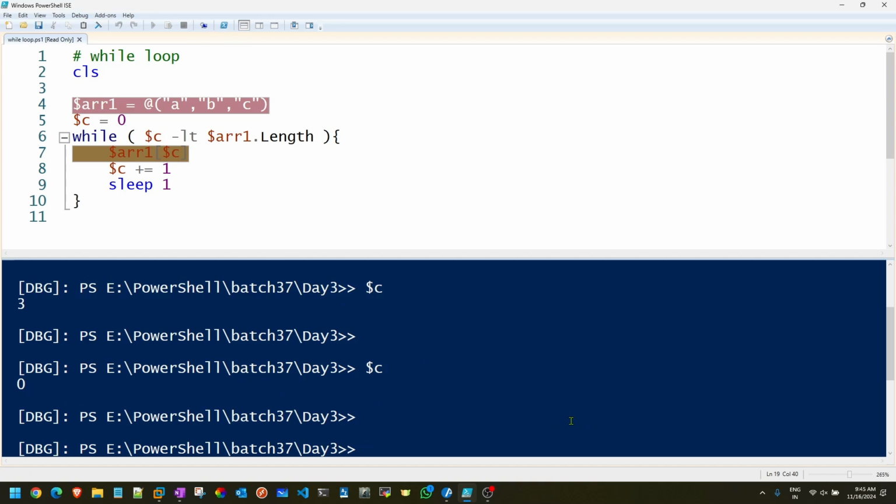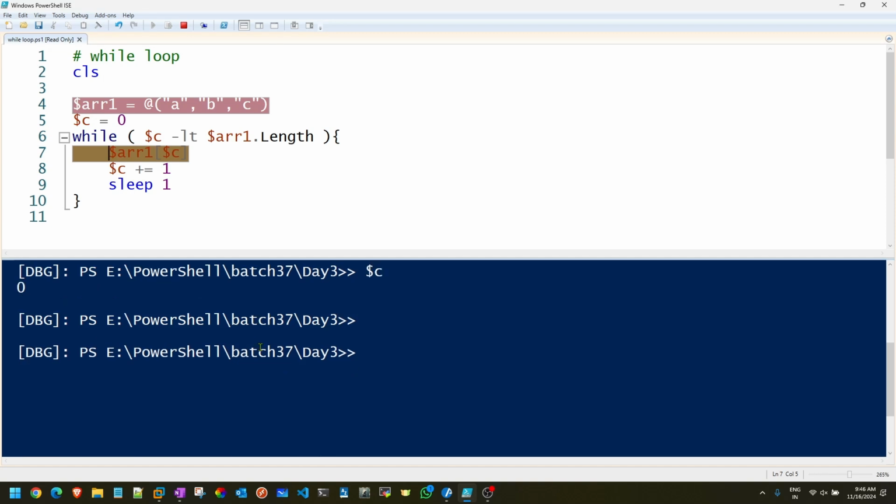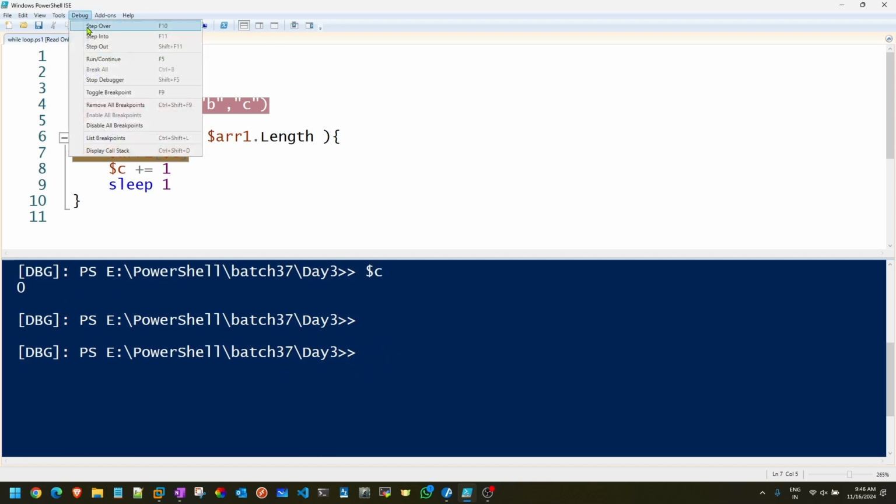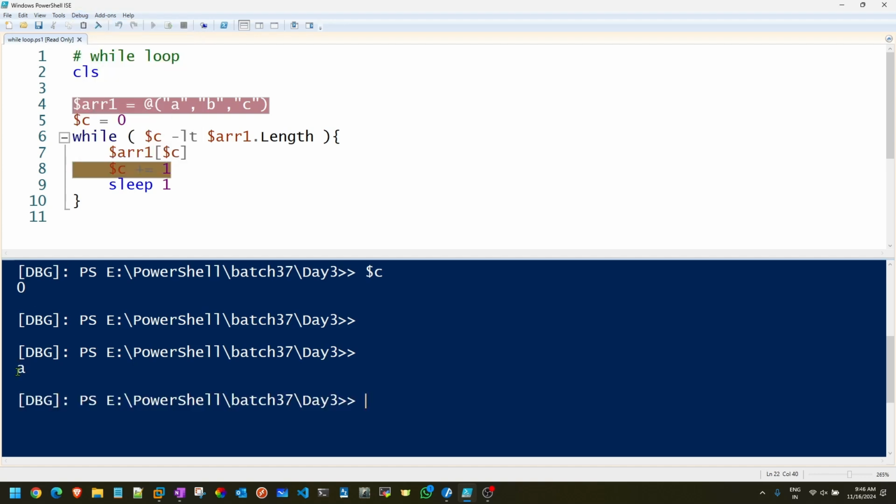Since the value is correct, 0 less than 3, it went inside the loop. Are we getting what is happening over here? So this will be executed. It will print. Right now you can see there's no printing available over here, but it will print now. This is first data. Got it now?